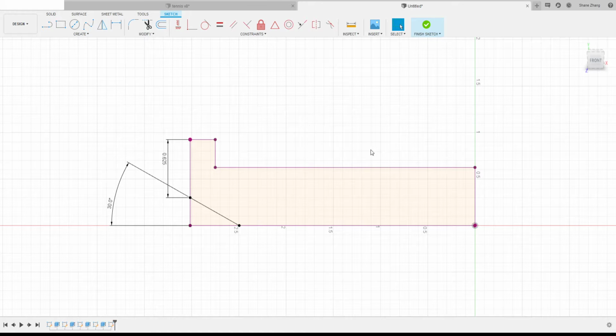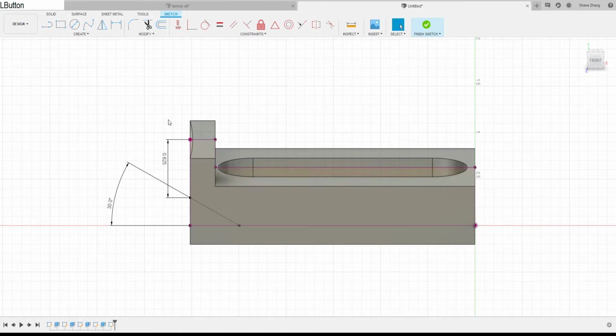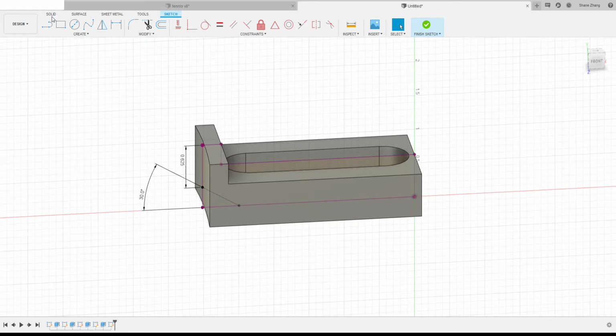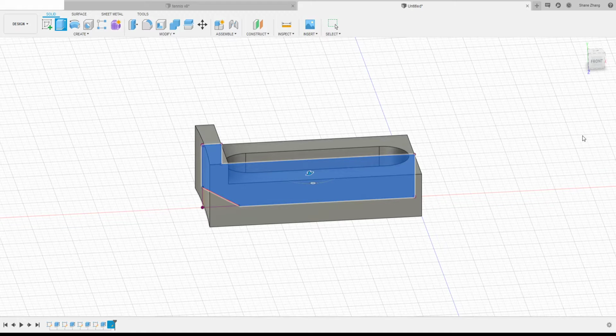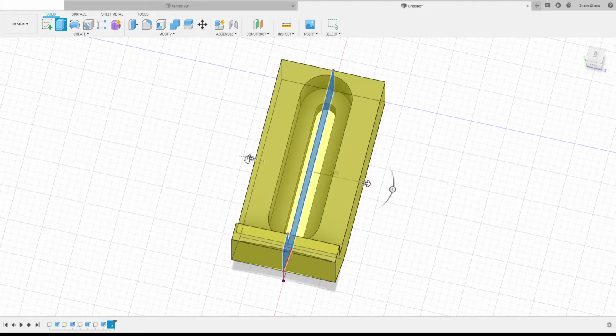And everything looks constrained. We'll show the solid body again and finish sketch, extrude. So if we pick this and we want to, instead of cut, we would do intersect, and since this shape is in the middle of the body, we would want to do a symmetric. And as to the distance, it's not that important because it should cover everything, so we'll do a distance of all. So take a look. It extrudes both ways, and then